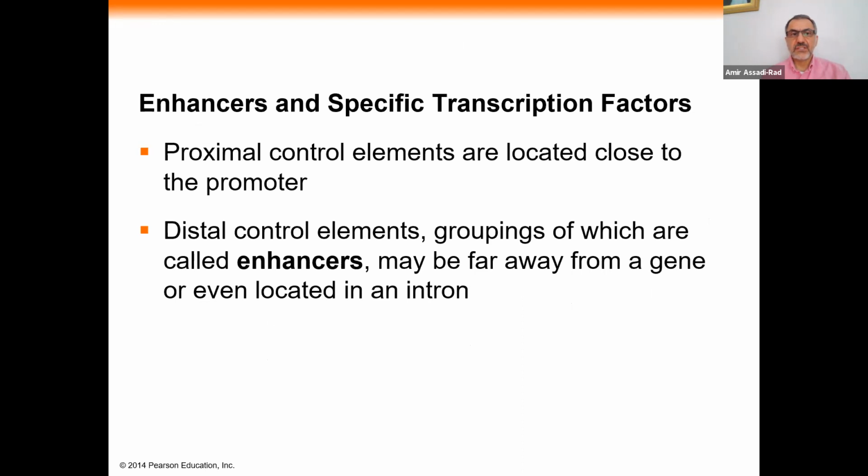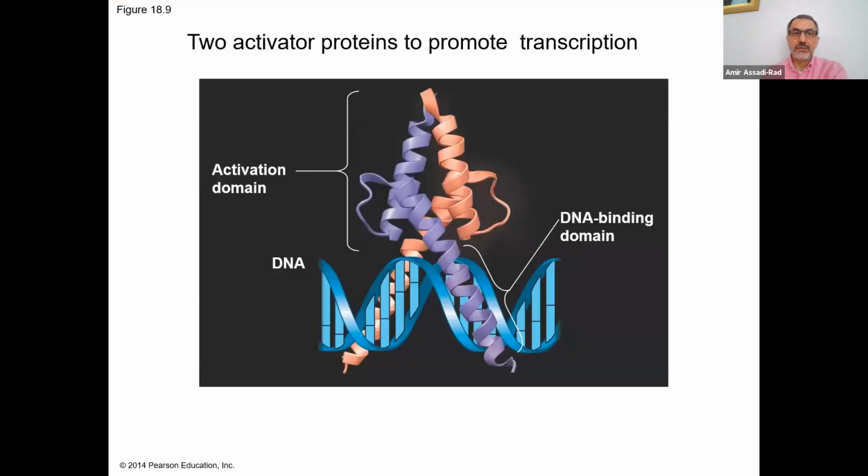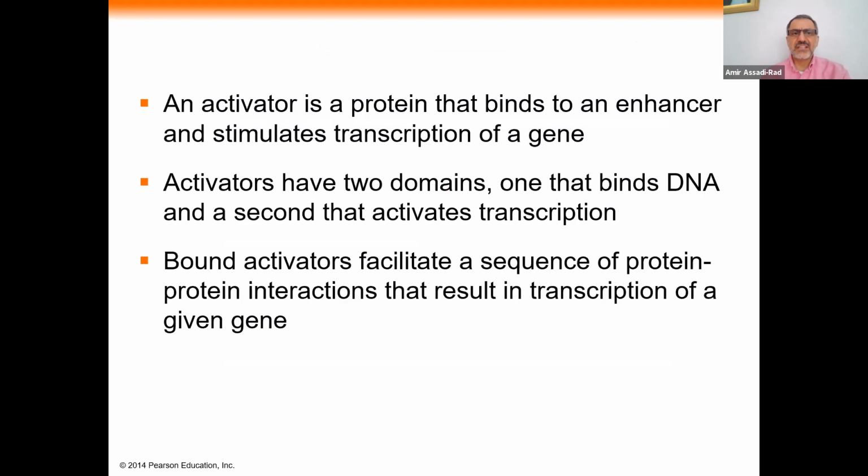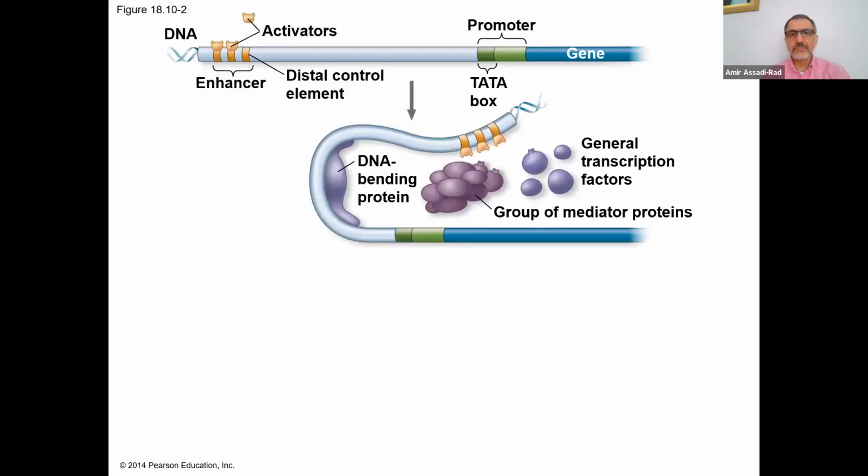Enhancers and specific transcription factors: proximal control elements are located close to the promoter, and distal control elements, groupings of which are called enhancers, may be far away from the gene or even located in an intron. The two domains of activator proteins that promote transcription, the DNA-binding domain and the activation domain, I think I should have deleted those, but an activator is a protein that binds to an enhancer and stimulates transcription of a gene. An activator has two domains, one that binds the DNA and a second one that activates transcription. Bound activators facilitate a sequence of protein-protein interactions that results in transcription of a given gene. Okay, so